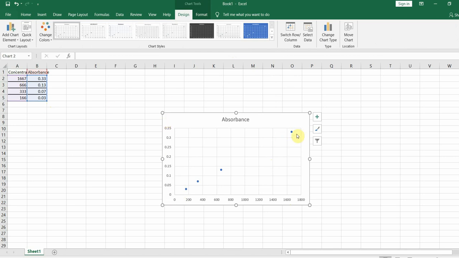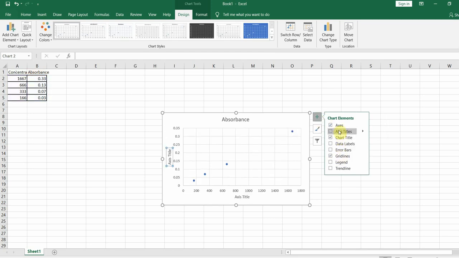Now how do we add absorbance and concentration as axis titles? We go to the plus sign of our chart and click on Axis Titles. Here you can enter whatever you want for the y-axis and x-axis and label them.